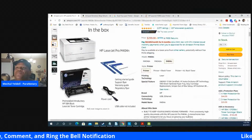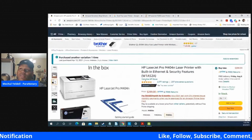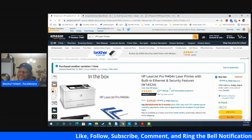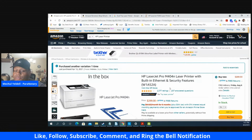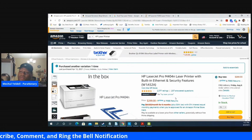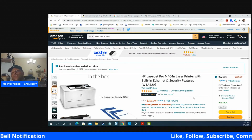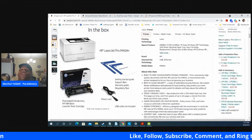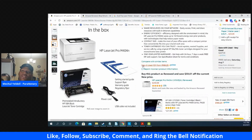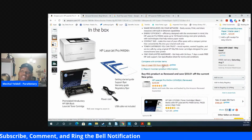But yeah, so I would get on Amazon. I would find something that looks like it would work for me. And I would look at the price. And $299 is actually not a bad price for a printer right now. But I will always go down to right here. Compare with similar items, new and used. You could actually get this printer for